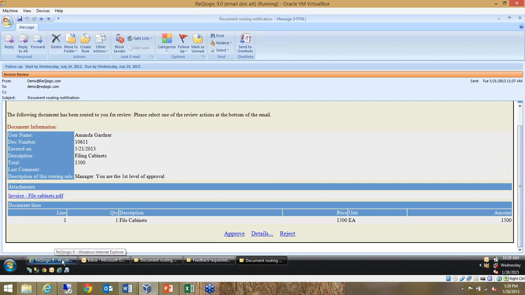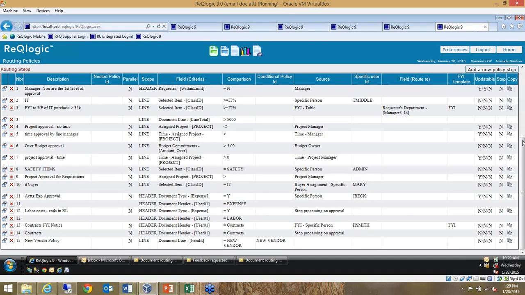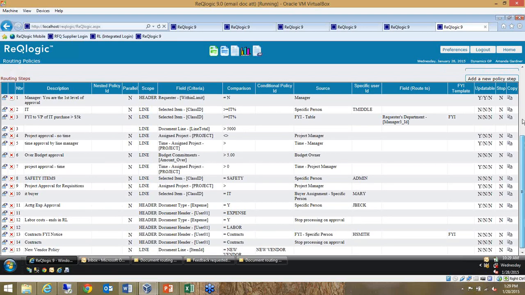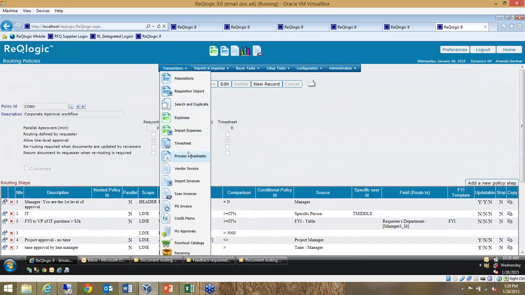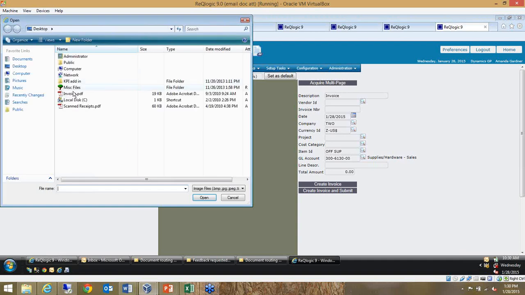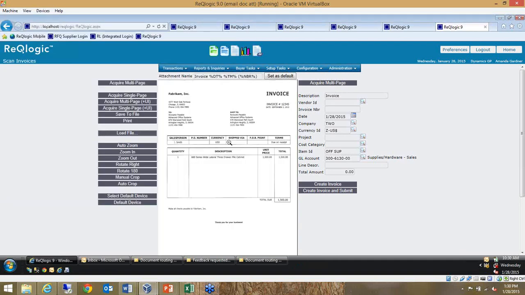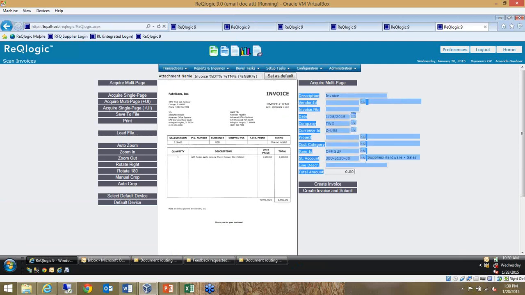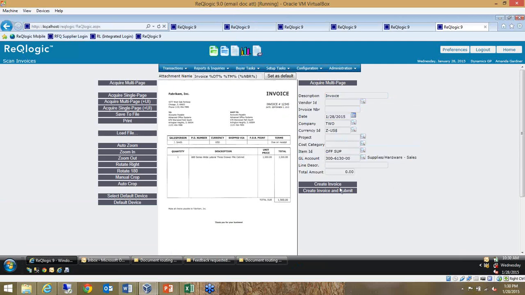As we go back into ReQlogic, I know I'm very short on time, so let's go back here. We talked about the ability to do requisitions and expenses and invoice processing and all of those kinds of things. Invoice processing can be very simple. Invoices and expenses I can also automate, where I can take it off of an email and have the scan automatically populate in the document so that I can see the scan is there. If I've got a scanner attached to my machine, I can populate that there. I can fill in the information that you think is important, and I can create the invoice